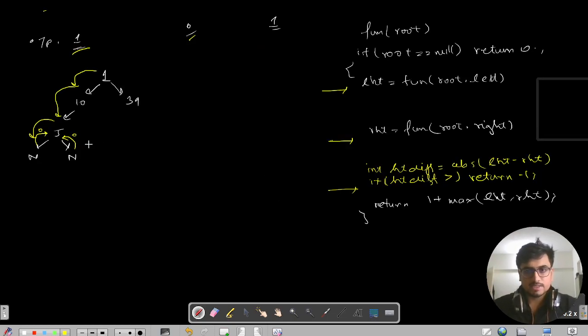So what is the case? That we are calculating at every point of time the ABS value of LST and RST. So it is 0 minus 0. ABS will be getting as 0, right? So this is definitely not a problem. It is not greater than 1, right? So we'll not go into this if case. So why return minus 1? I'll explain you, right? So it will not go into this case, and again it will return 1 plus max